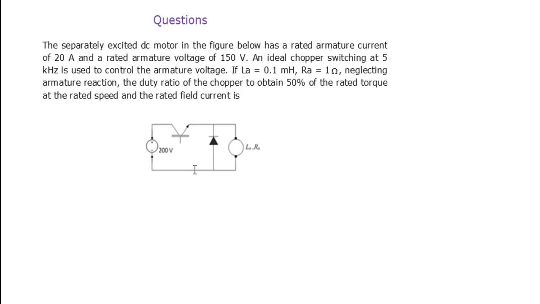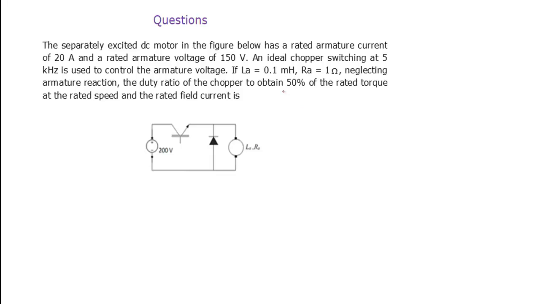So this chopper that is given is again a step down chopper. In this case we need to calculate what will be the duty ratio at the required conditions. But here the back EMF constant is not given, that's why we need to calculate using the rated conditions and required conditions. So to calculate that,